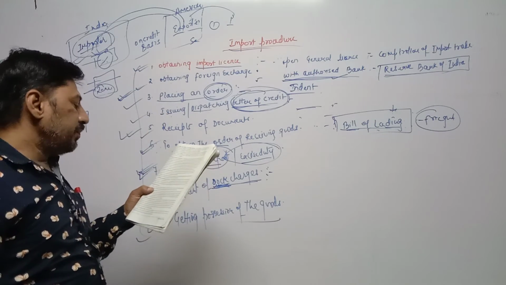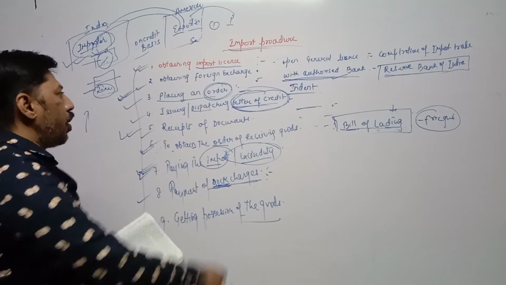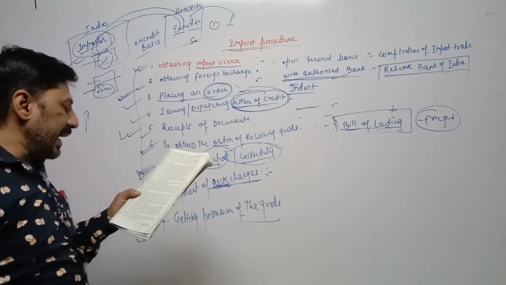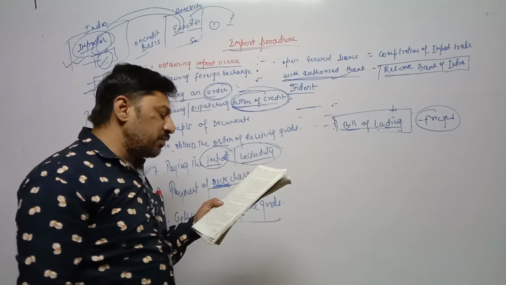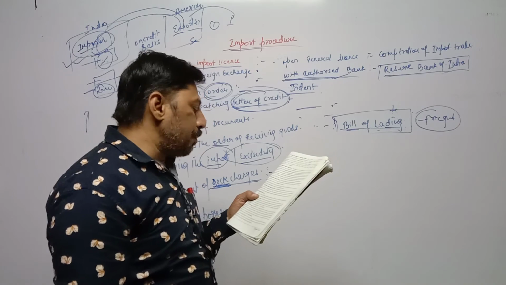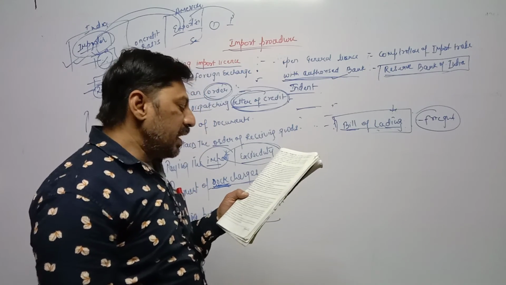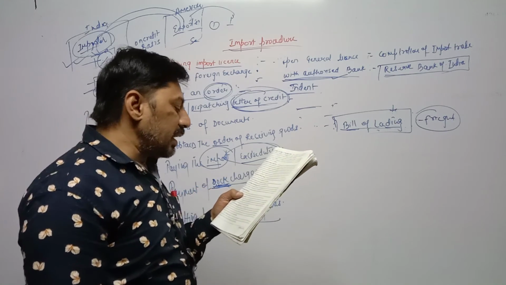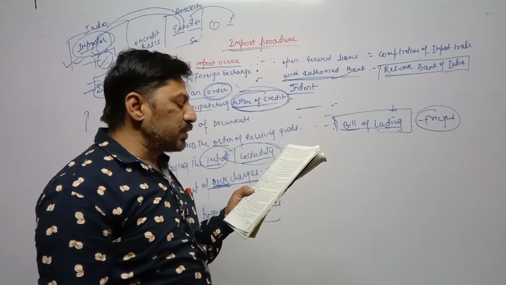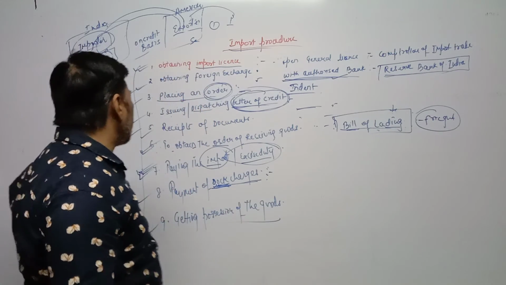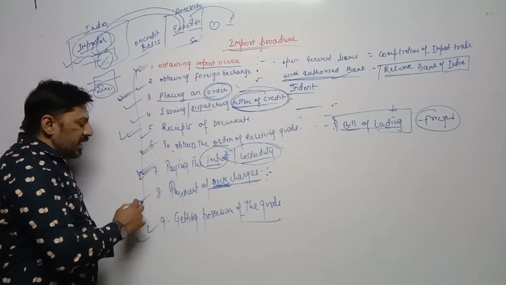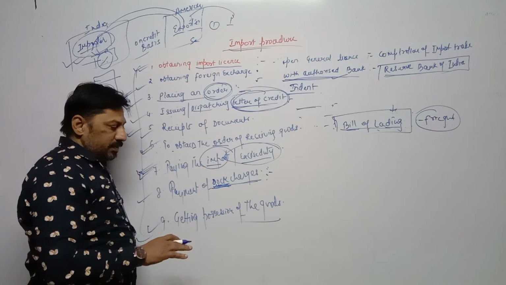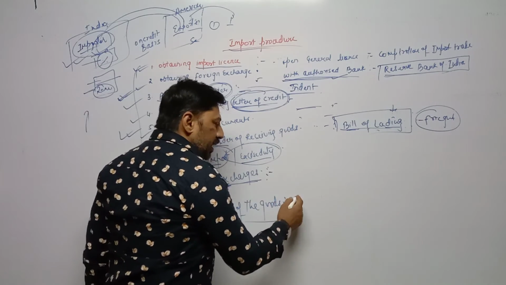And the last point, getting possession of the goods. After completing all these formalities, all the above 8 points, the importer gets possession of the goods. The goods have to be moved out from the bonded warehouse within a certain time limit. If the goods are not moved within the time limit, then the rent and the demurrage have to be paid for using the bonded warehouse for excess time. In simple language, after completing all 8 points, the importer has the right to take their goods from that area. But if goods are kept in a bonded warehouse,